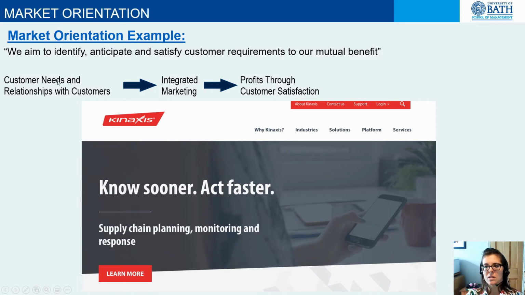So it focuses on the customer needs and relationships with the customers. Marketing is often integrated. Okay, so it can be a blend of sales, it can be key account management, it can be integrated marketing communications, it can be social media, it can be digital, it can be print. It needs to be holistic. Okay, and its profits are through customer satisfaction. An example of this is